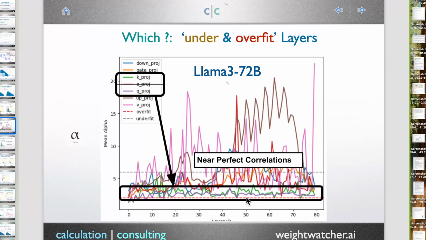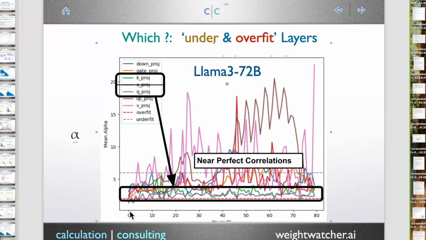so this is the layer ID, move it up a little. Now you can't see it. Layer ID. So this is the data and the labels. As you go deeper into the model, deeper meaning you get closer to the labels, we can plot the alpha, and you can see, for example, this purple line is the Q, part of the attention block. You can see the Q is near, that red line is 2. It's really very close to 2, maybe fluctuates around 3. It's very close to the line.